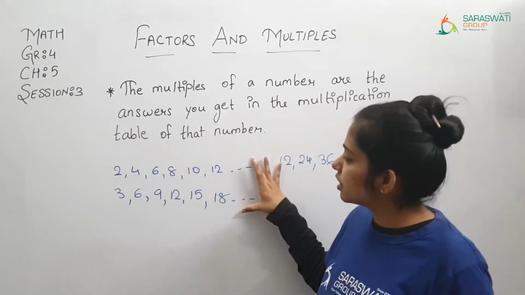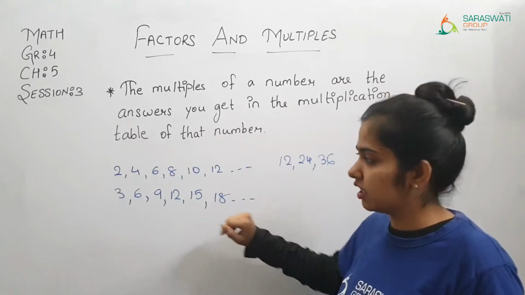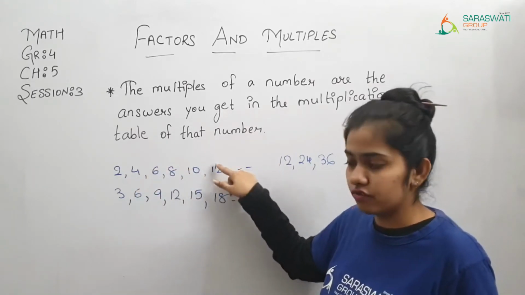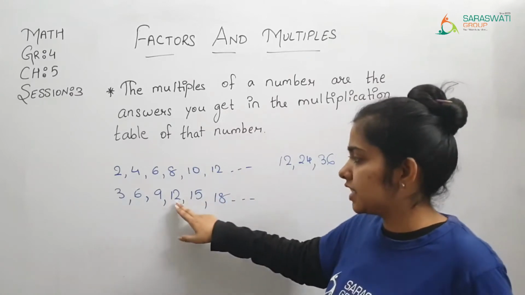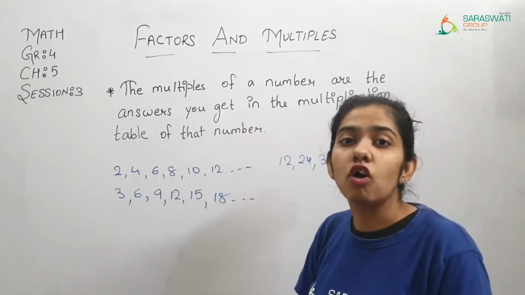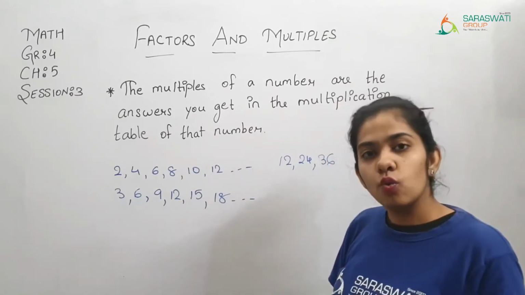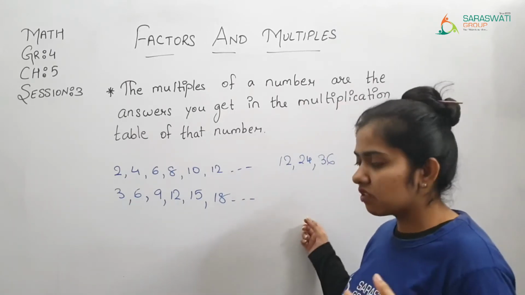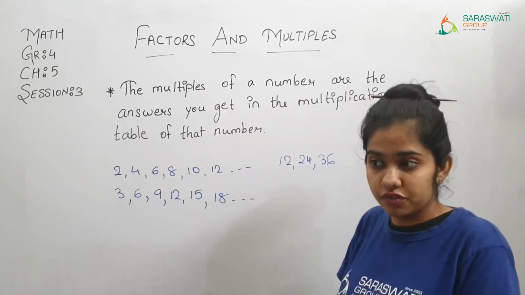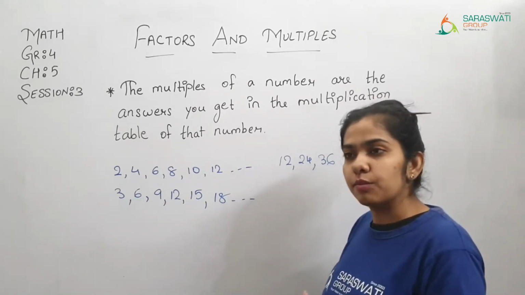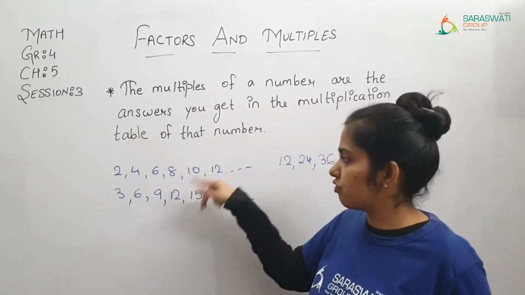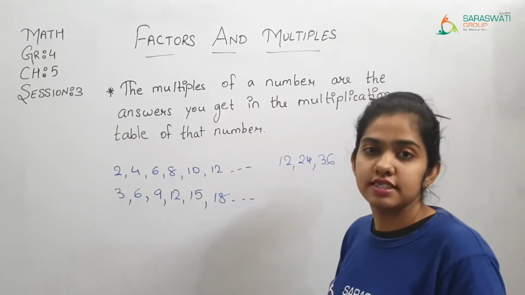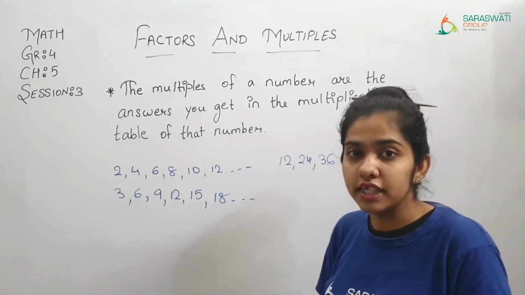So આ બંનેમાંથી common digits કયા આવે છે? One is 6, another one is 12, right? So 6 and 12 are the common multiples of 2 and 3. તો એવી રીતે કોઈ બી નંબર હોય એના મલ્ટીપલ્સ લખવાના. તમને કહેશે કે કેટલા લખવાના, first 5, first 4, એ તો મલ્ટીપલ્સ લખવાના and then you are supposed to find out the common multiple. Now let us solve the exercise so that you can understand it more better.